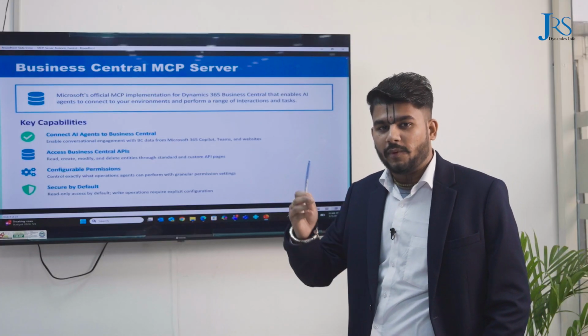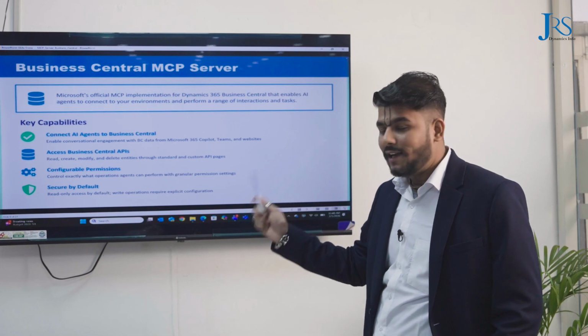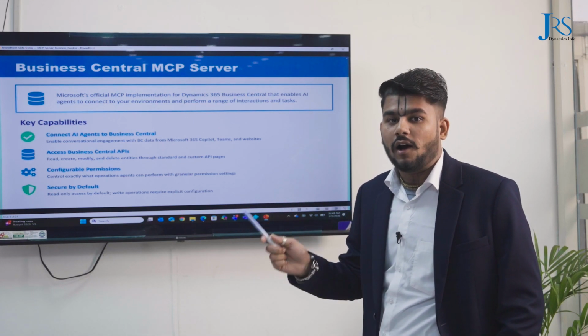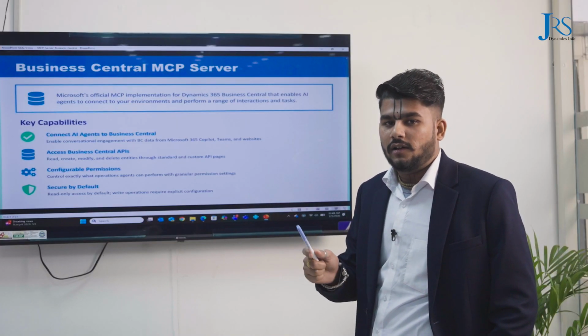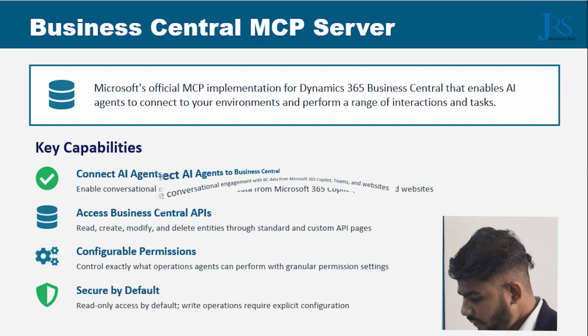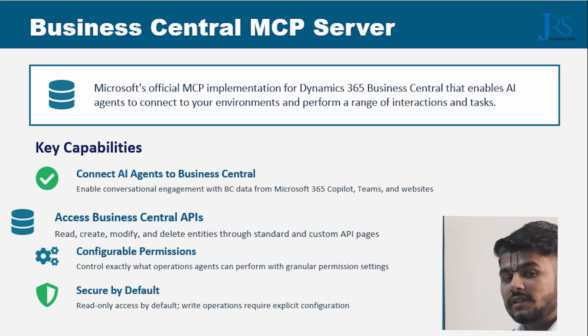You can create a bunch of APIs and plug in your MCP server for Business Central, and that MCP server will directly connect to that AI tool's MCP server. Now all those APIs that you have defined in your Business Central MCP server will be accessible to that particular AI tool. How is it? It will connect the AI agent to Business Central, access the Business Central APIs that I mentioned, and also